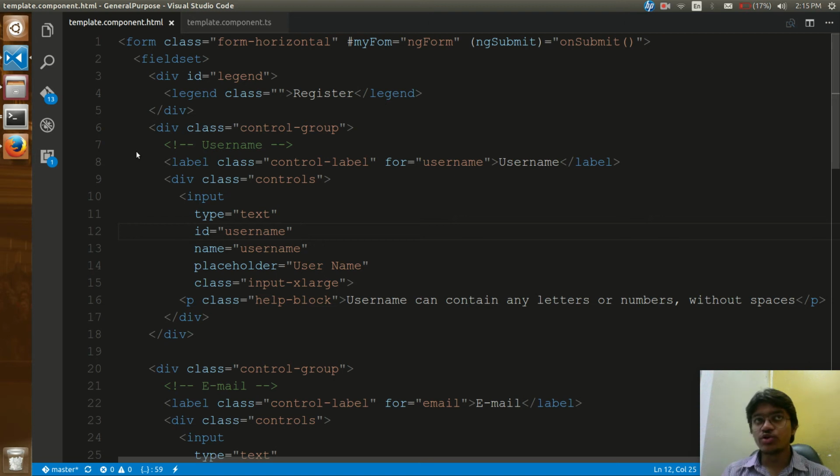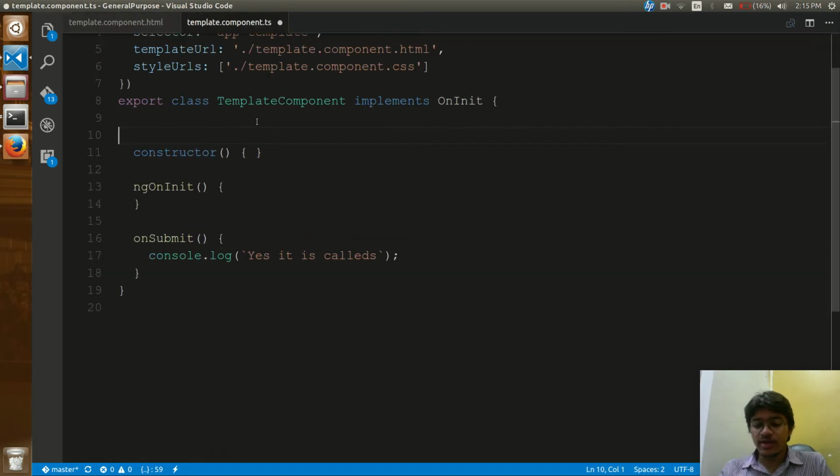Now what I want to do, I want to submit the form. What are the different strategies to read the form? Now go to the component, and at the class level I would be having one object, say my form,